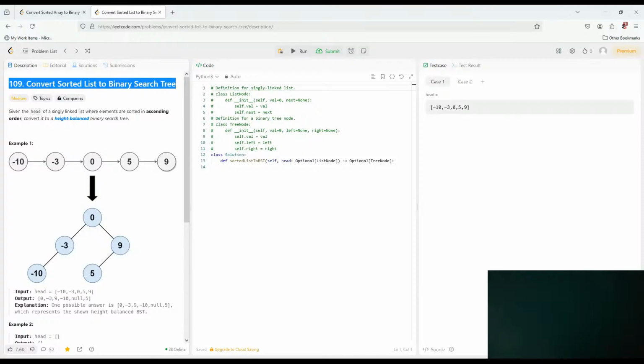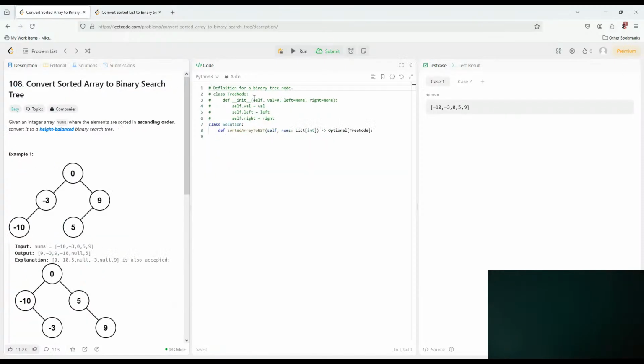Hello, today we will be solving converting a sorted list into a binary tree. But first, I would like to solve this one, which is an easy problem. It converts a sorted array to a binary search tree, and the conversion is pretty simple because we have a sorted list. It will go with in-order DFS